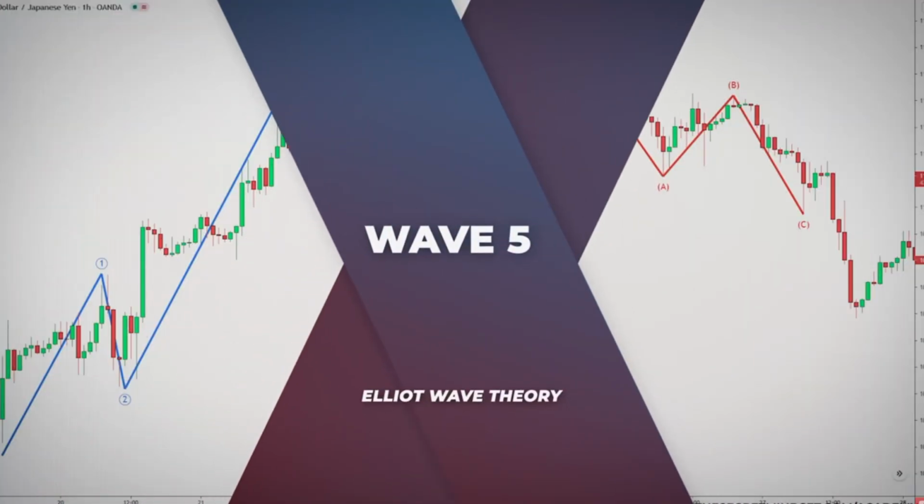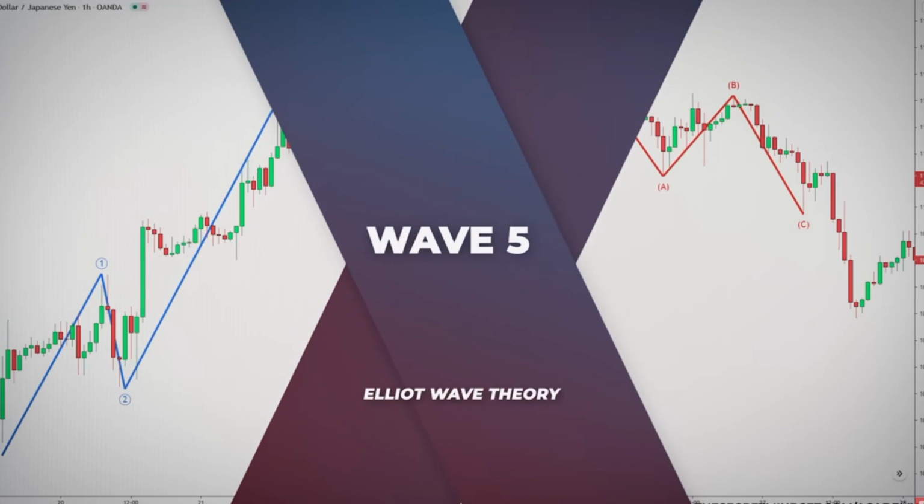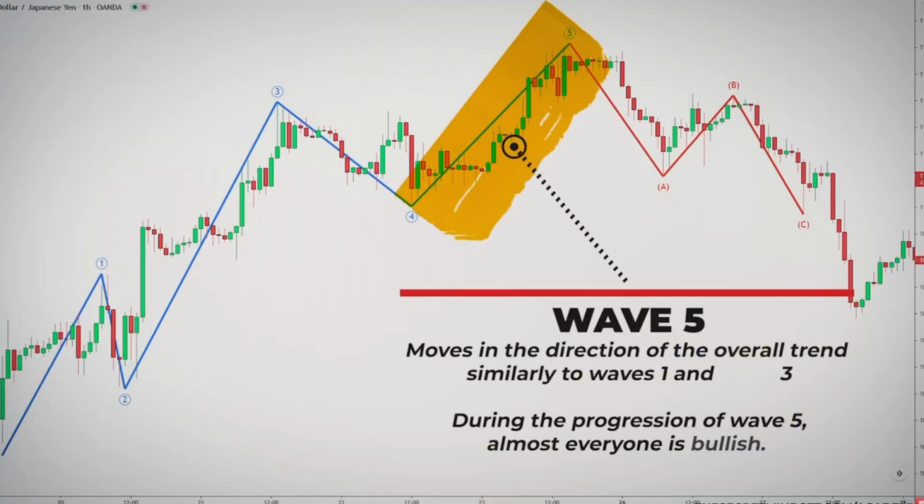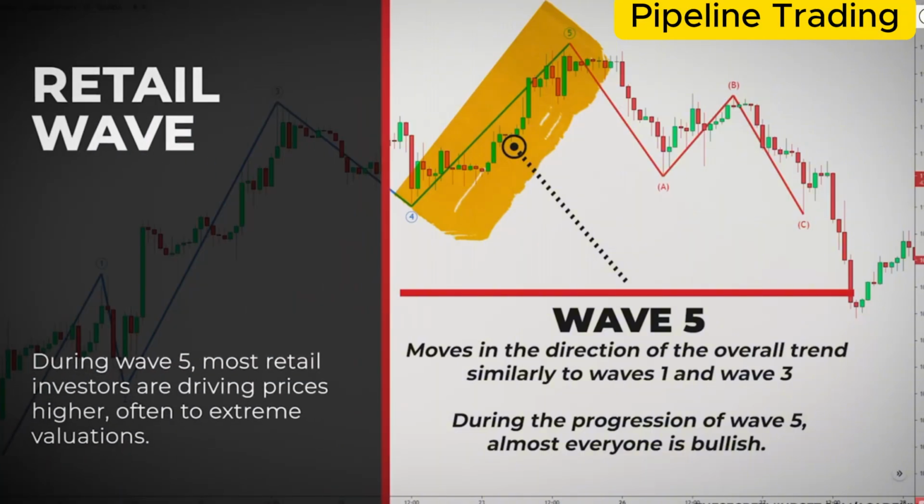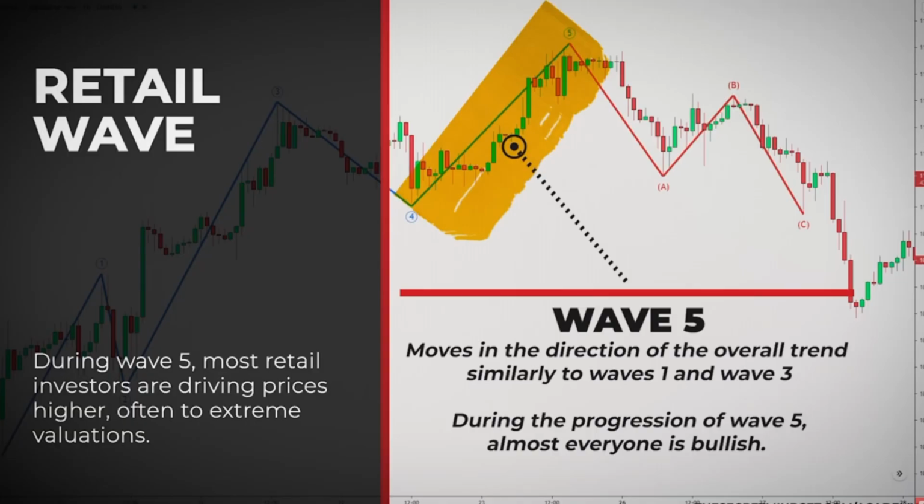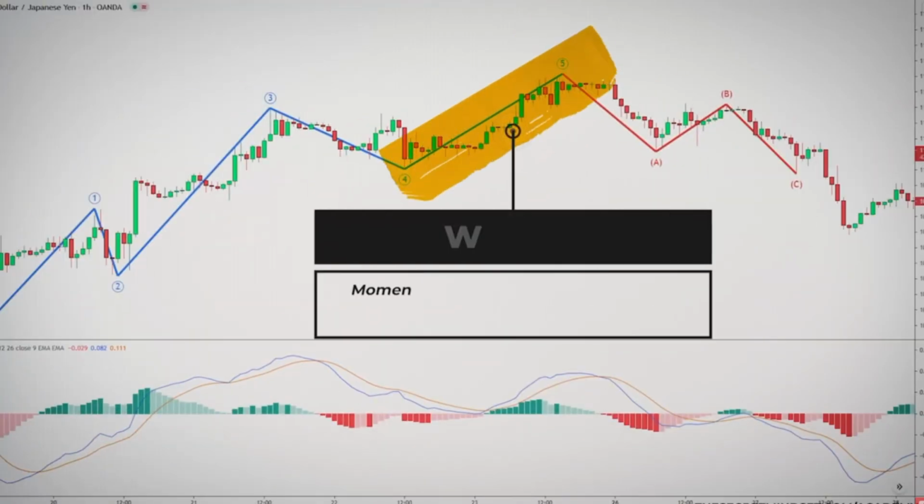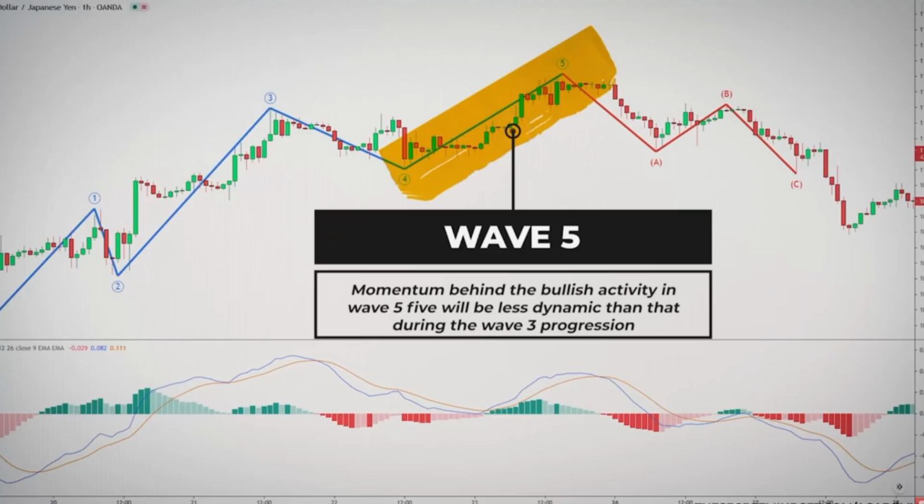Wave 5 is the final leg within the Elliott wave impulse sequence. It moves in the direction of the overall trend, similarly to wave 1 and wave 3. During the progression of wave 5, almost everyone is bullish. Wave 5 is often considered a retail wave because during this time most retail investors are driving prices higher, often to extreme valuations. The momentum behind this bullish activity in wave 5 will be less dynamic than during the wave 3 progression. This basically means that the velocity of the price movement will be more subdued than that seen